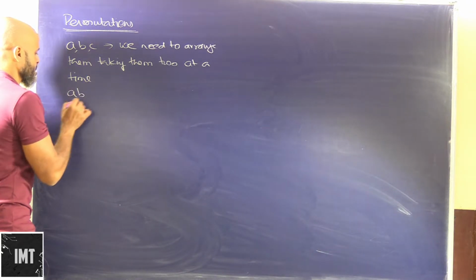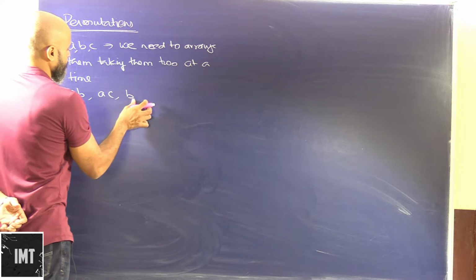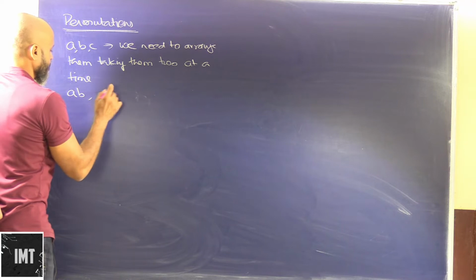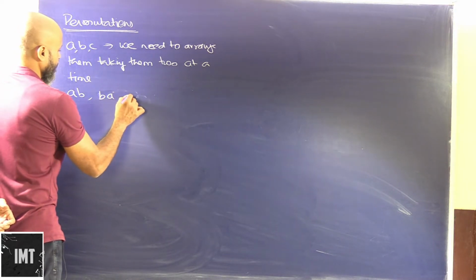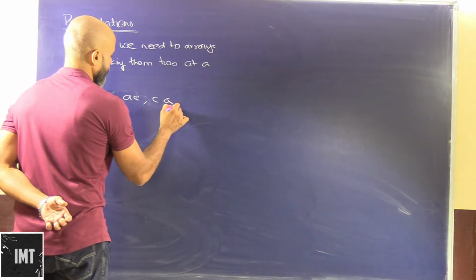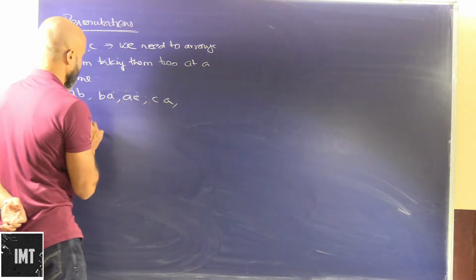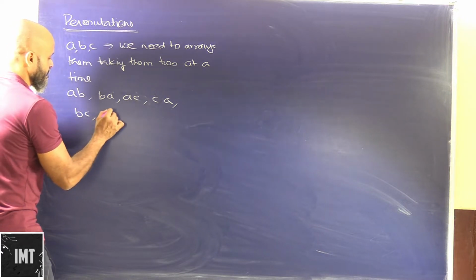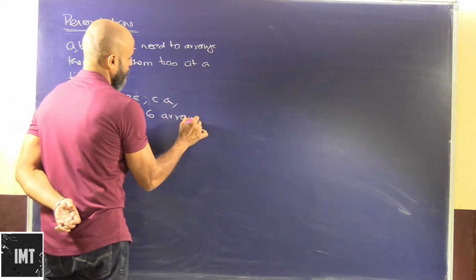So first arrangement is AB, the second arrangement will be AC, let's say BC. Then AB can be arranged as BA, then AC can be arranged as CA, and BC can be arranged as CB. So total 6 arrangements are possible. This is called